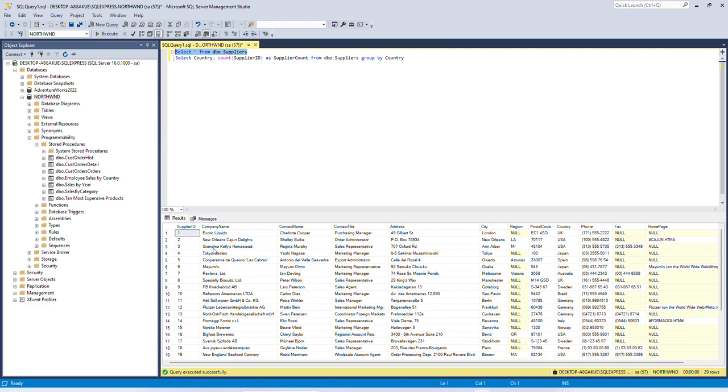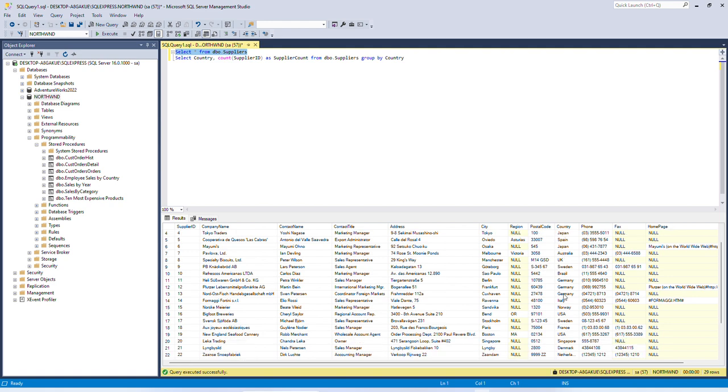So this is our supplier table, where we can see various columns available. Supplier ID and country are among the two important columns in this table. What we are trying to achieve here is, we have various countries, you can see here, right? And we want how many suppliers are associated against each country. So let's say UK, how many suppliers are associated against UK? Similarly for USA, and for other countries as well. For that purpose we will use the aggregate transformation